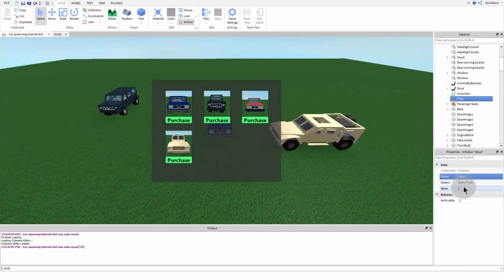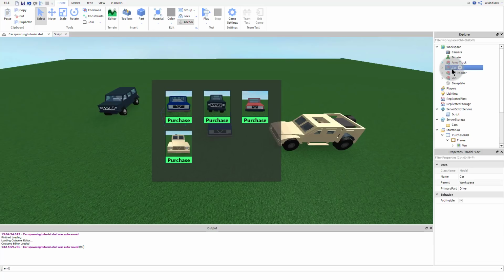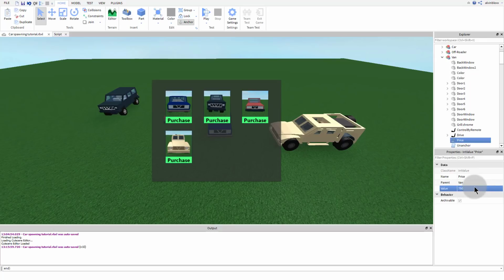Now you can put your own price number in here. I'm going to set this one to 500 and then I'm just going to copy this value. I'm going to close down the army truck and I'm going to paste it into the car and I'm going to change the price of the car to 200 and then we can just close that down, paste it into the off-roader and change the price of that. I'm going to set this one to 1000 and then what we're going to do is we're just going to do the same thing in the van. I'm going to change the van to 750. So they've all got different prices